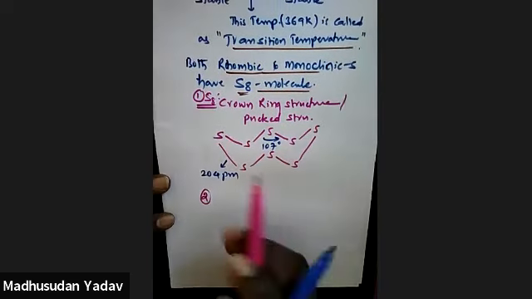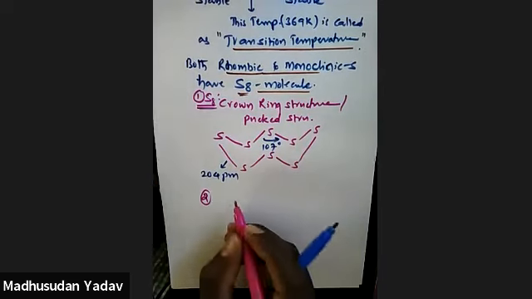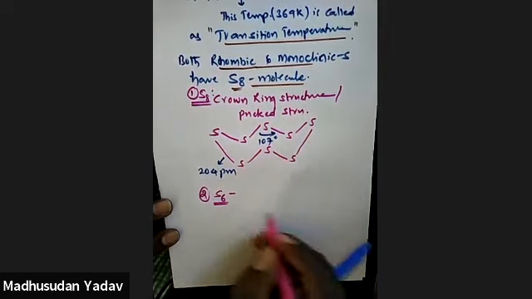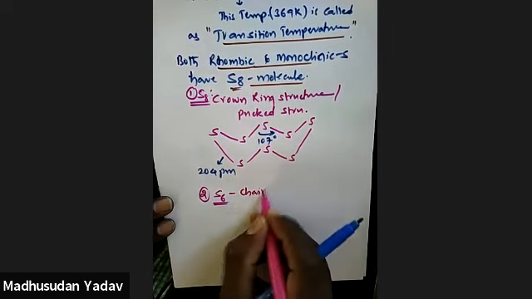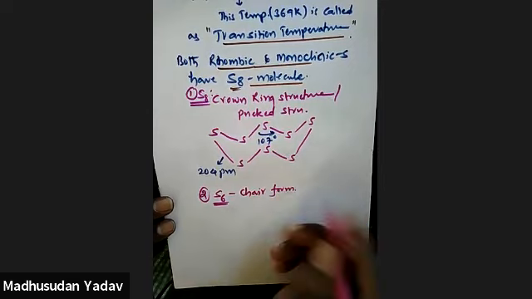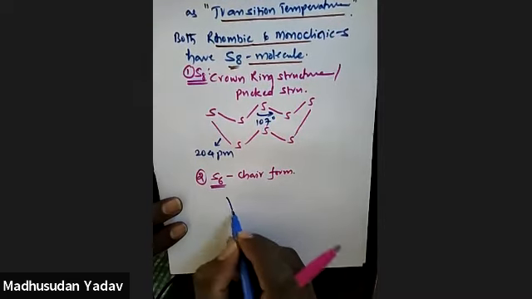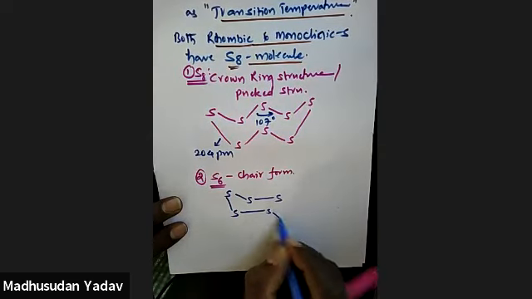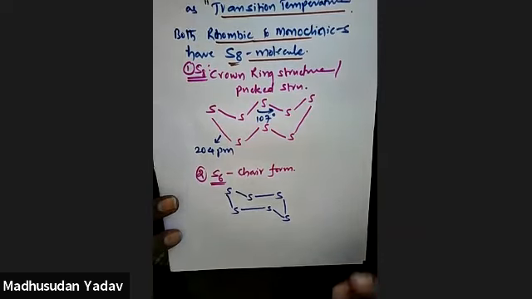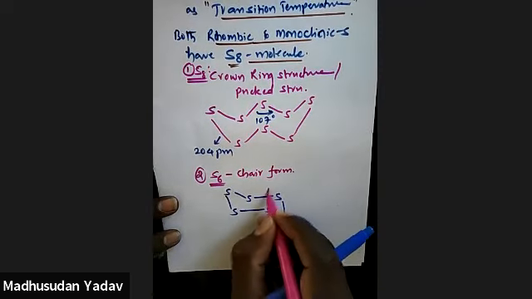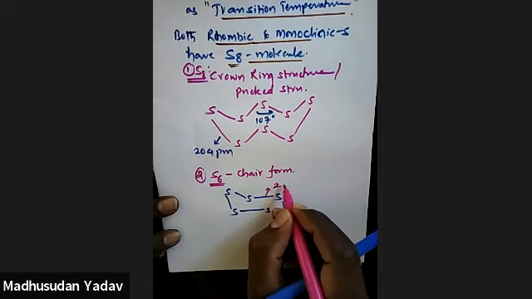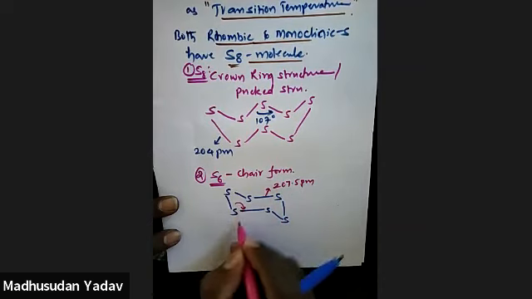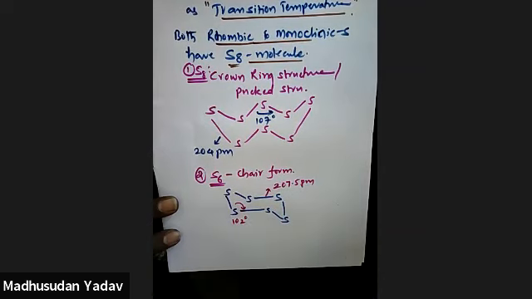I'm not talking about rhombic sulfur, some other sulfur molecules, but some are predominant at different temperatures. S6, if you take, it is having a chair form. Okay, how does the chair form of S6 look like? This is a chair form of sulfur. Here the S-S bond length is 207.5 picometers, and here the bond angle is 102 degrees.